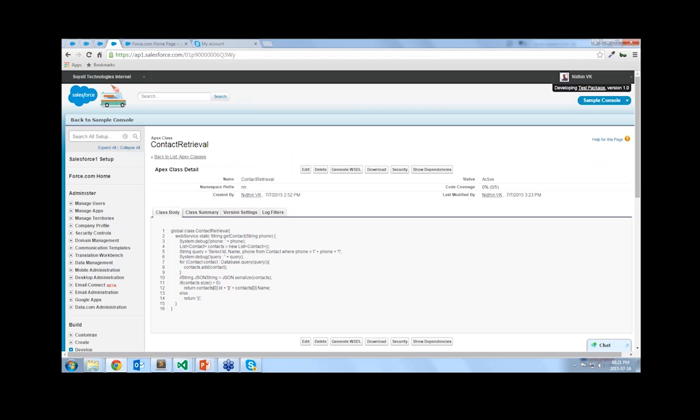Here I have written a class and method to retrieve the contact information when the number matches. It will pop up the selected contact. So these are the basic functionalities